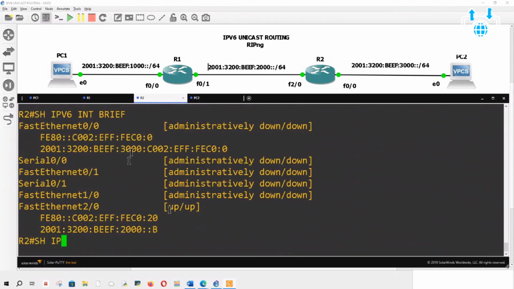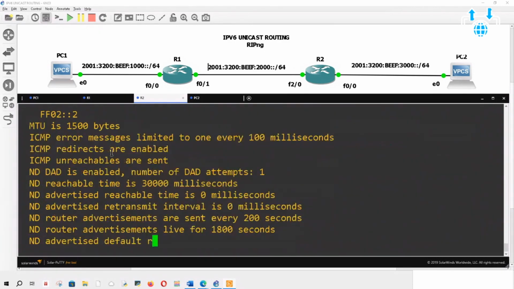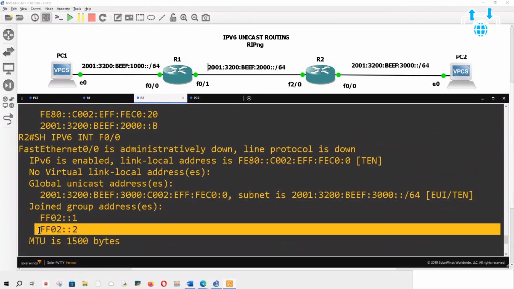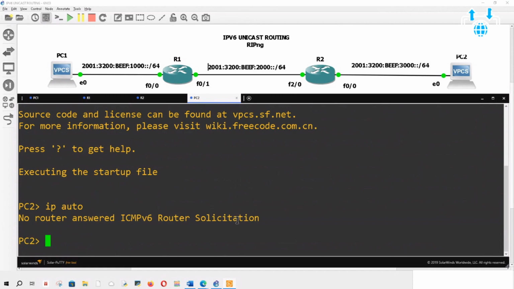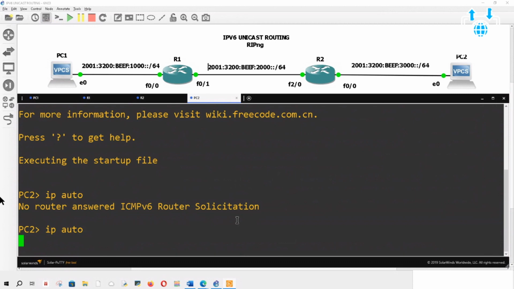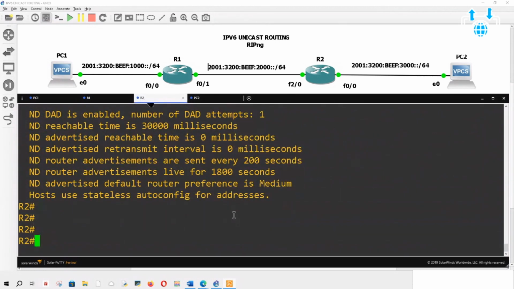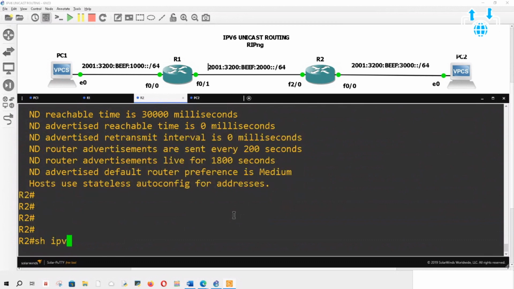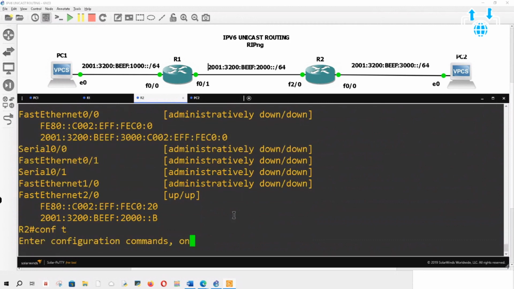Let's do a show IPv6 interface F0/0. We see our all nodes is there. We see our all routers is there. Beautiful. Let's take a look. Oh, let's do the IP auto, lowercase. But what? Wrong answer, bro. What? Did I not turn this on either? All right, that's too many times. Show IPv6 interface brief. Yep, sure. What is wrong?